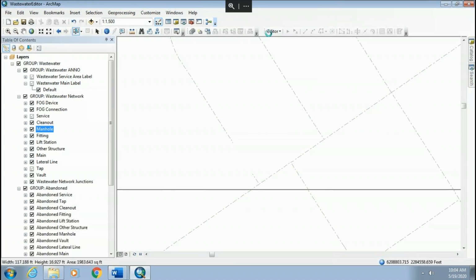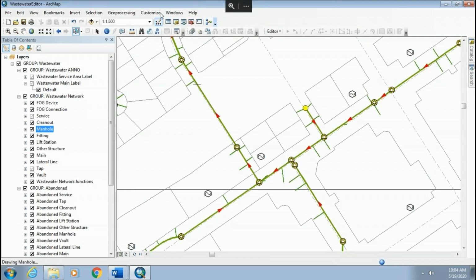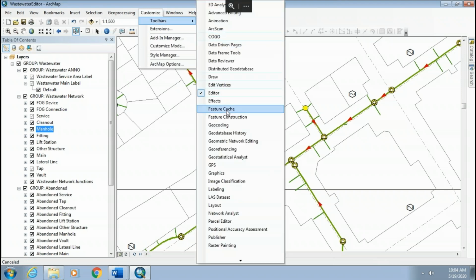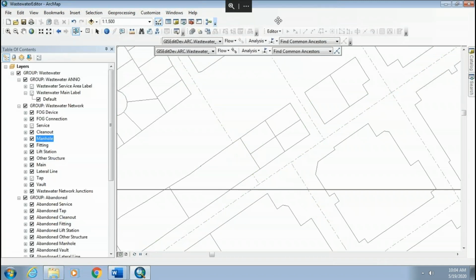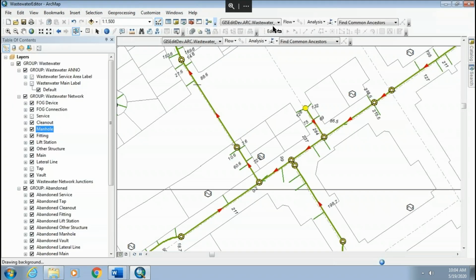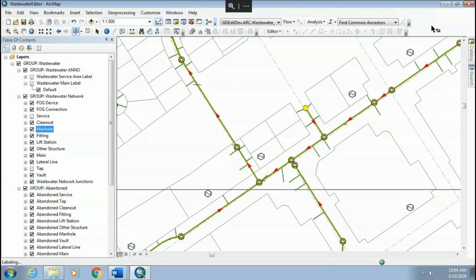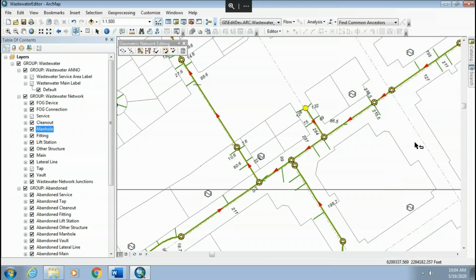Okay. All right. We need the utility network analysis toolbar. That's it. I pressed U to get to that quickly. Okay, I'll rearrange them. And then the geometric network editing. So when you have more than one toolbar with that letter, then you obviously get to that, and then you scroll down. So your geometric network editing toolbar,